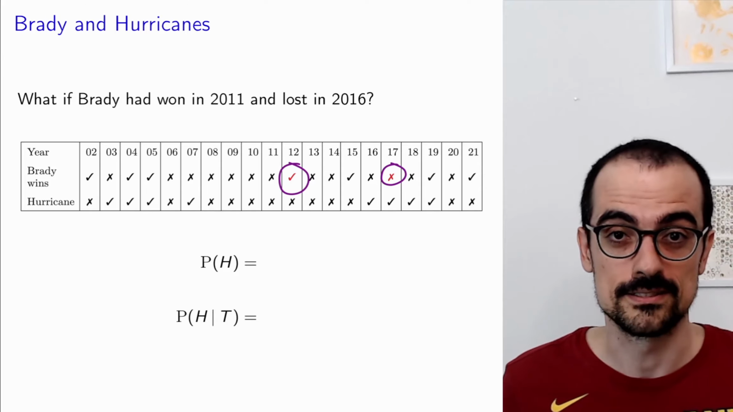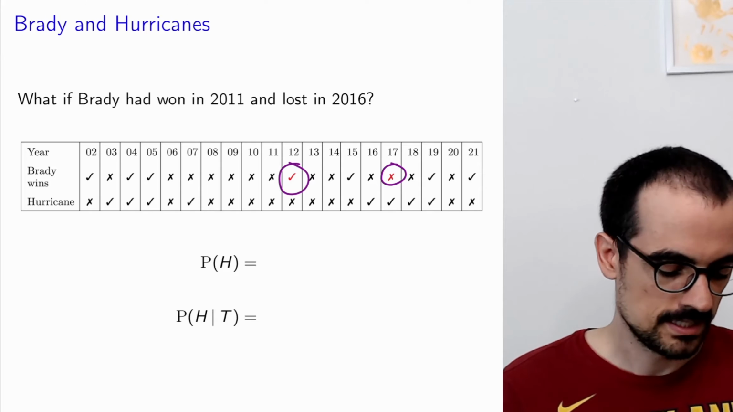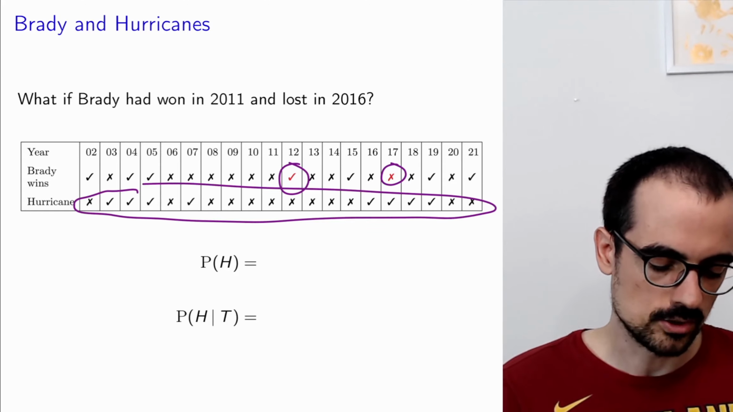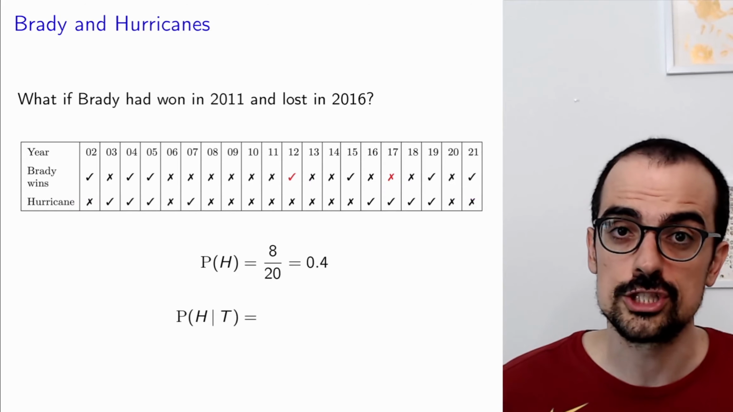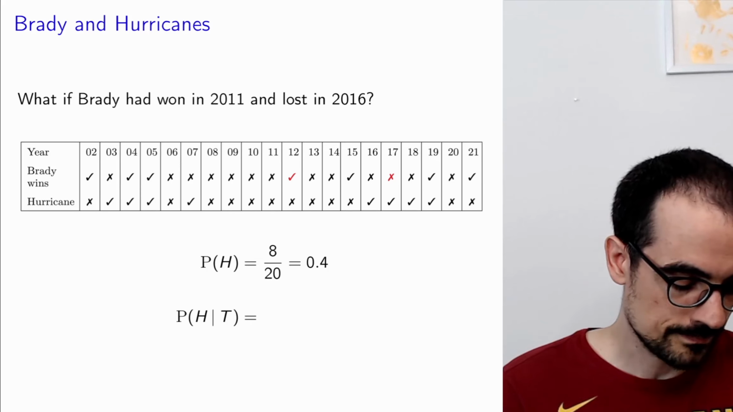This almost happened. So in that case, what happens to the probability of hurricane? It's exactly the same, right? We haven't changed anything here. The probability of hurricane is still going to be 0.4. What about the conditional probability of hurricane given Tom Brady winning? So now this has changed